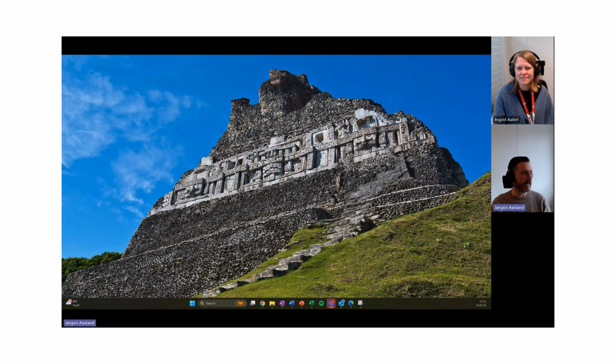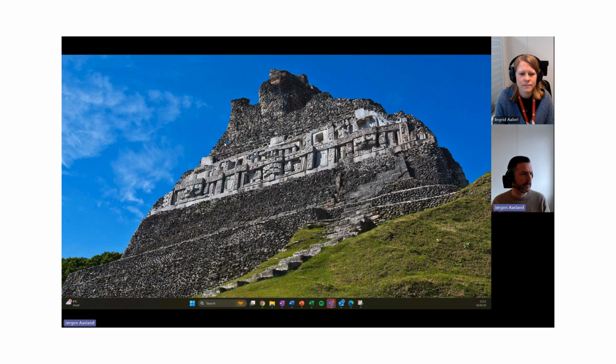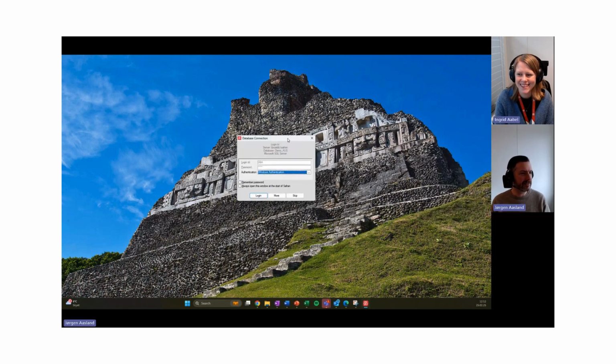Thank you. I thought we were going to have a look at the very basics of how you start Safran Project, how you log in, and have a look at the user interface. So I'm just going to navigate and find Safran Project here. Just be aware that it might pop up on a separate screen. So this is the login screen